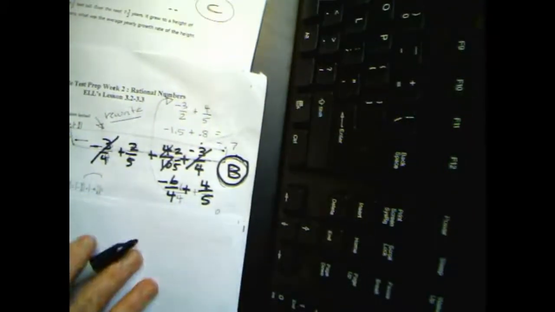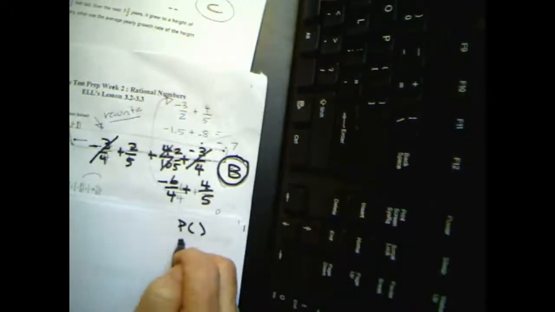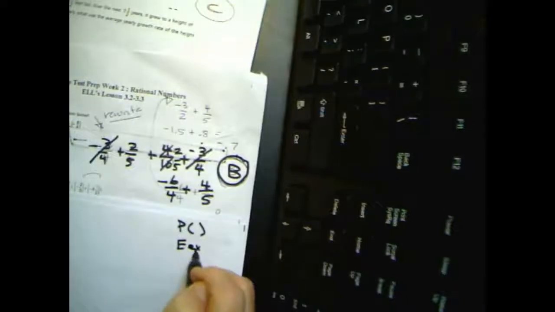Okay, for number 6, we have a similar situation of adding and subtracting. Remember, for number 6, you are going to have to use PEMDAS. Remember, parentheses, exponents, multiplication, division, addition, subtraction. So I look at my problem and I see, let me rewrite it,